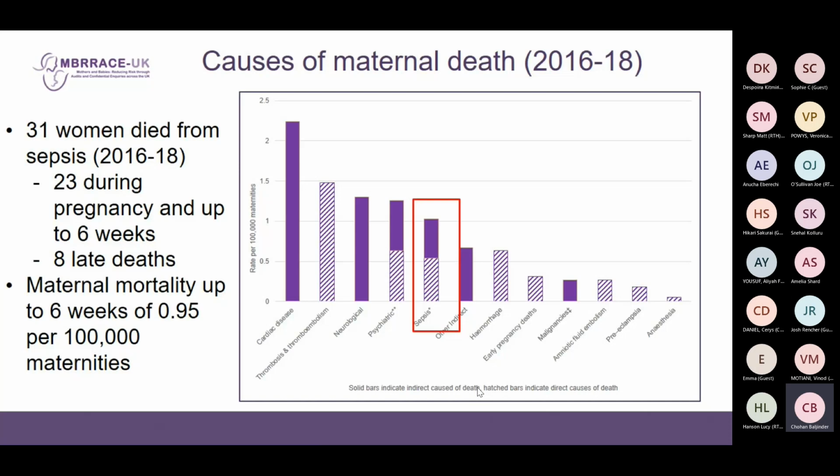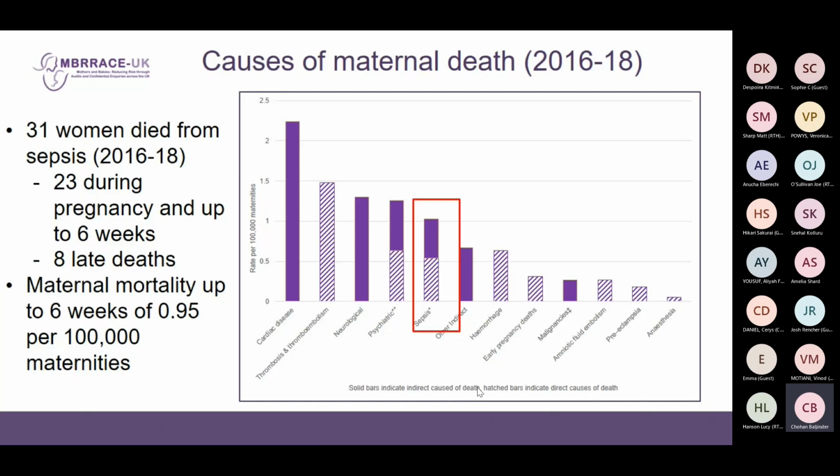a triennial report used to be published, but then it was felt that that's too long. It then takes too long to find out any themes, to come up with lessons and recommendations. So then it was changed to look at deaths in a year. But then even then it takes about 18 months or so to obviously collect and analyse all the information. So there is still a lag, but yes, Veronica, you're right. It's looking at all maternal deaths in a set period.